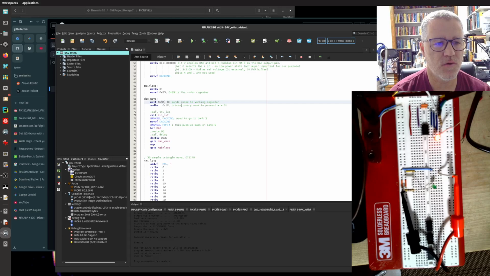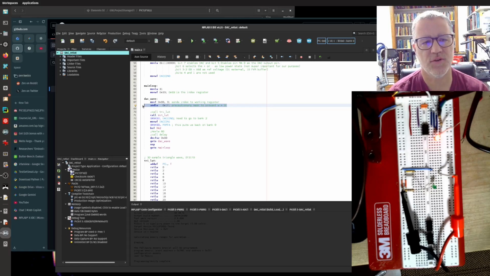And so we're going to move the contents of B3, whatever that is as that's changing. Right now it's 31, and into the working register. And then this bit is just a precaution. This just ANDs it with the complement of 31 so that it ends up